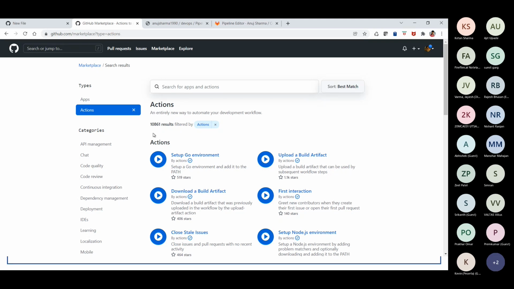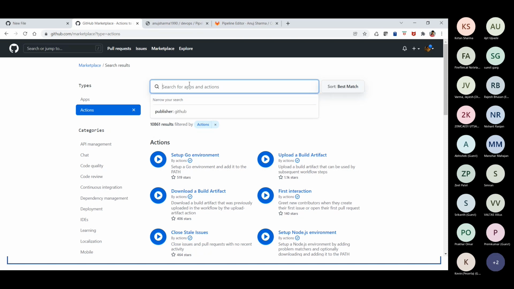Some of these are community ones, provided by someone else, and some of these are the official ones. So we can use this to see exactly how these configurations can be done, and we can get the desired output here. That's what we are trying to do. That's an activity we can perform, and we can do it over here. This is just a way that we can handle it and search it out.